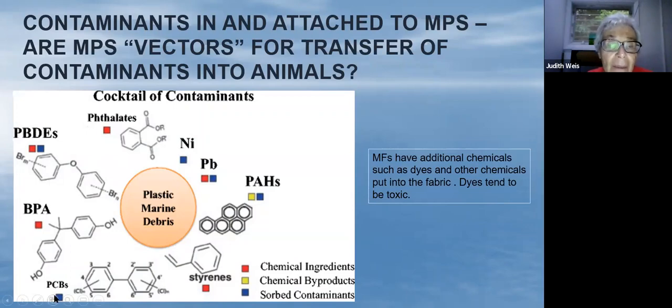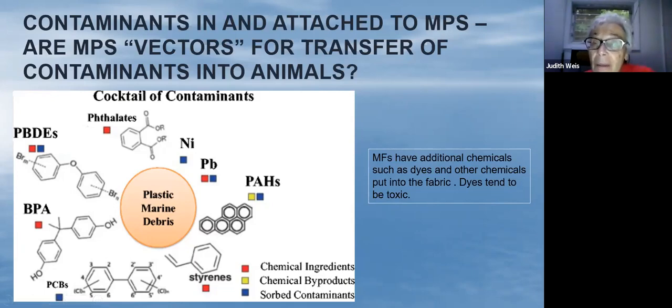Plus we have chemicals that may be in the environment, like PCBs and metals and PAHs, that may attach to it. So you've got two different types of chemicals: those that are put into the microplastic itself for one reason or another, and those from the environment that stick on the outside. And these are commonly studied, but